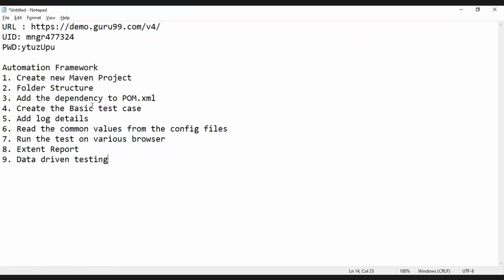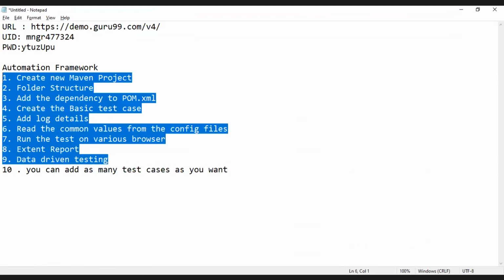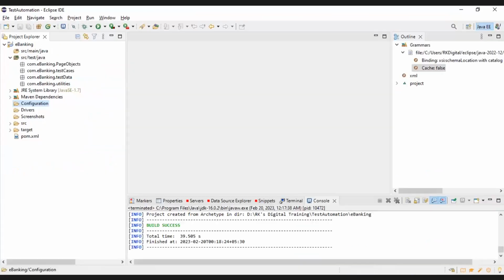And once you understand these steps, then you can add as many test cases as you want. That means the first time when you create the first test case, you are going to follow these steps, and at that time only you'll have to spend a lot of time. But after that, once you create this, then your job is easy. We will see all these steps one by one. Okay, so let me go and show you the folder structure we have already created, and then we have created